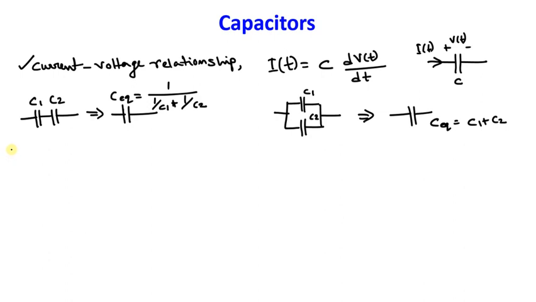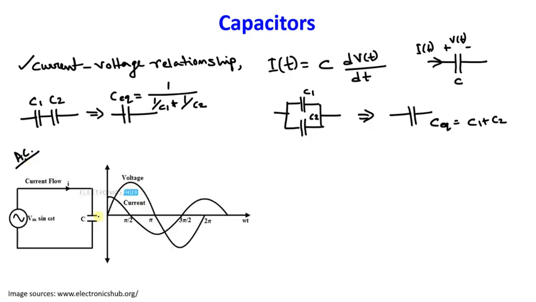In case of AC circuit, what will happen? For that, let me paste one image here. Yes, so this is the image you can see. So one AC source is connected with the capacitor, nothing else is here, right? Very simple circuit. So this is V of t, which is Vm sine of omega t, and current I of t as a result flowing through this capacitor. Then we already know the expression of V of t, that is Vm sine of omega t.